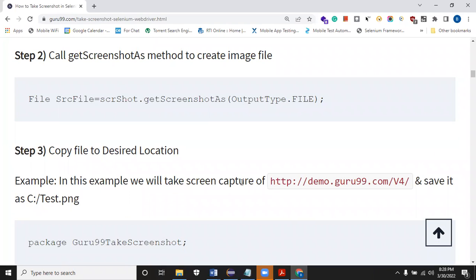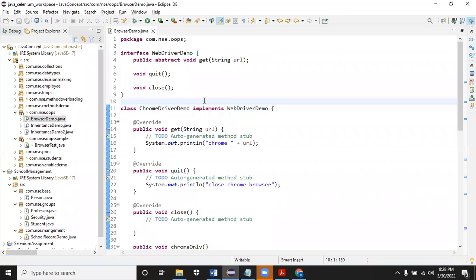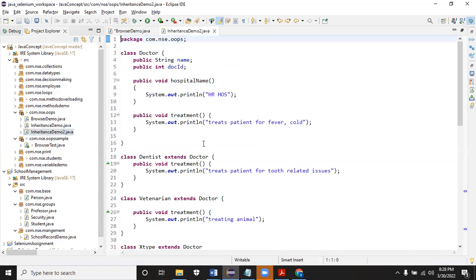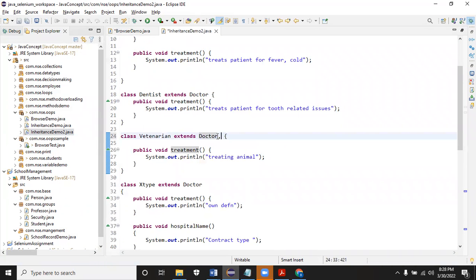If you understand this, whatever we have discussed till now would be clear for you. So for example, I'm going to create one more interface. In order to achieve multiple inheritance in Java, we can achieve that only through interface. Two classes you cannot extend. In Java, you cannot extend two different classes. It's not possible. In Python, it's possible. In Java, multiple inheritance is not possible.